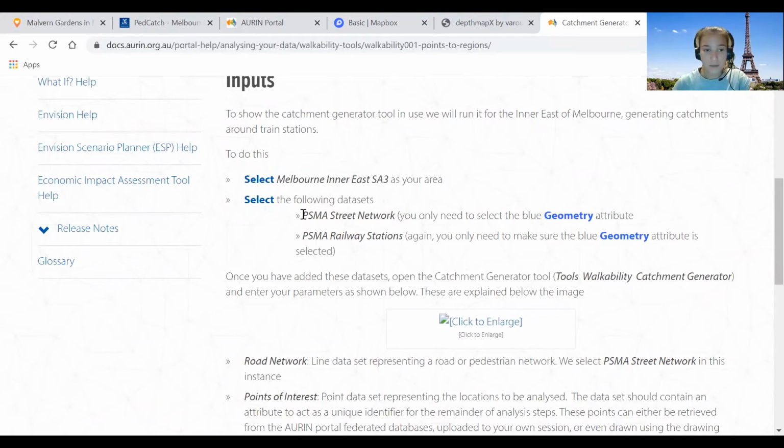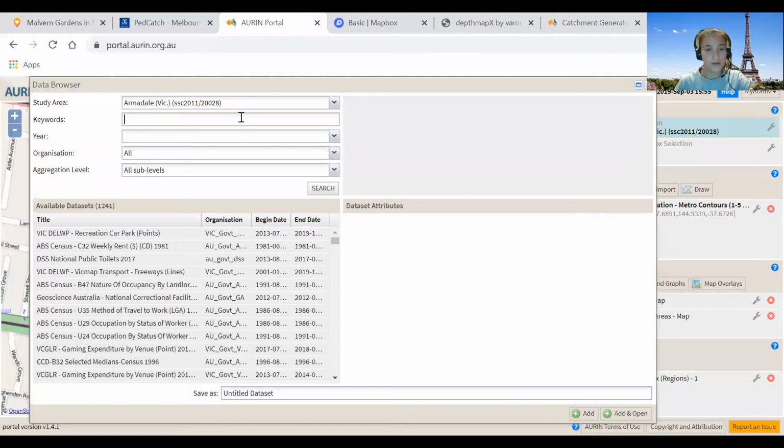And the kind of data we want to type into our keywords in this example, which actually works very well for walkability, is the PSMA street network. So this gives us the street data. And then in this example, they've given us railway stations. We're going to test with this, but we can get other data like points of interest and whatnot that can analyze our walkability for us too. So I just selected this and I've just gone Control-C. And if we go back to the Aurin portal, we're going to go Control-V, search,